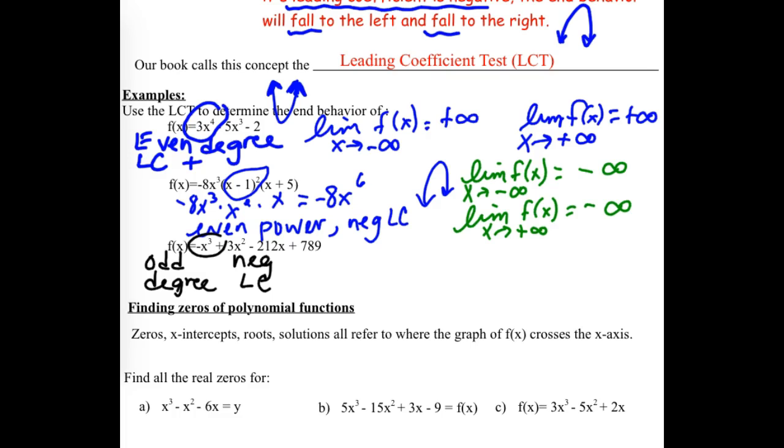Normally an x cubed graph starts low and twists up high, but because this is negative, it's been reflected over the x-axis, and it would start high and twist low. Okay, so again, your book would refer to that as it's rising on the left side, but it's falling on the right side of the graph. Using our limit notation,